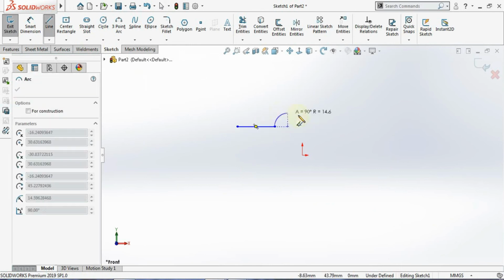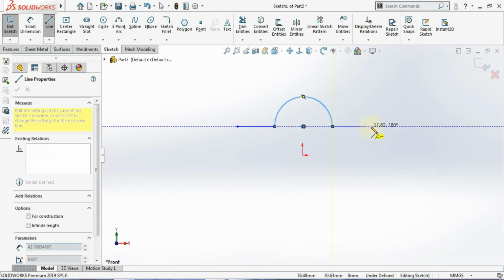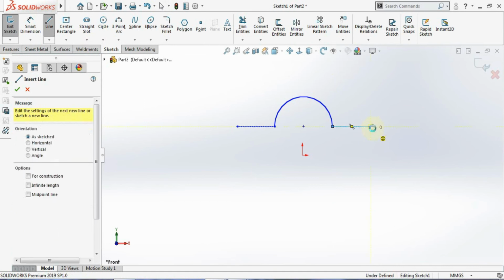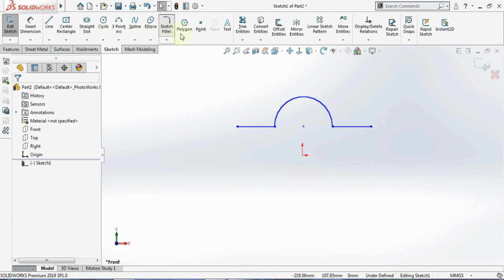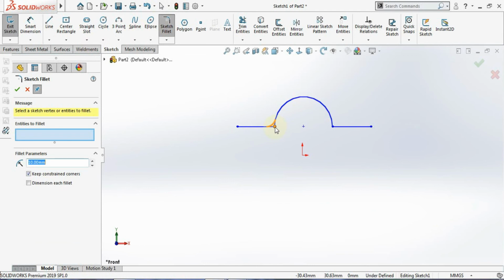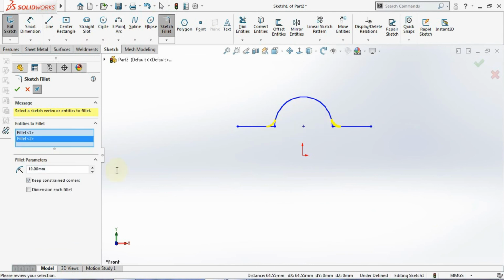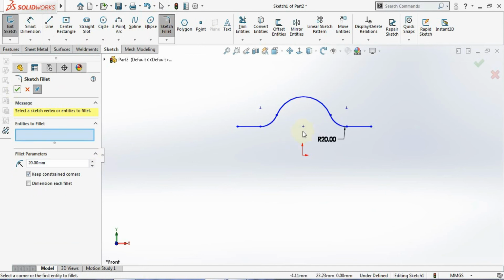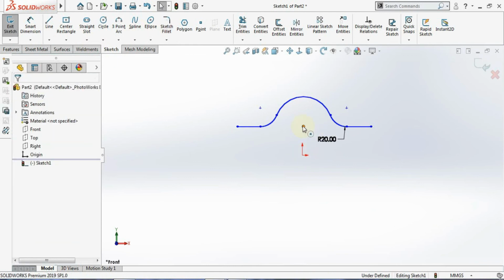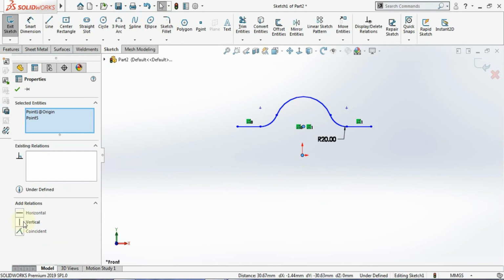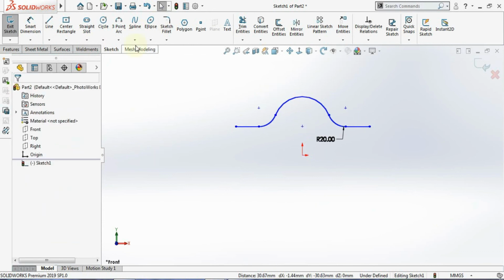Now you see I'm going to make a sketch like this. Let's see what happens. Which is like this, and I want to revolve it. Okay, I can give the fillet also. You can see here this and this. I'll be giving the sketch fillet here as 20. Let it be like this. I'm not going to make it fully defined, I'll just give one dimension here, this and this. I'll be giving vertical, just go with this, okay. I'm not making it fully defined, just taking a center line.